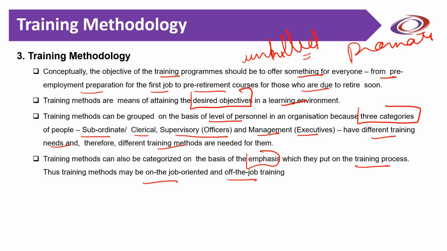Third is the mentoring method. Herein, it is a professional relationship in which an experienced person, that is known as the mentor, assists another, that is the mentee, in developing the specific skills and knowledge that are going to enhance the less experienced person's professional and personal growth. So it focuses on developing the mentee professionally and personally. As such, evaluation is not provided with respect to the current job, but it is more about how they can develop their job.